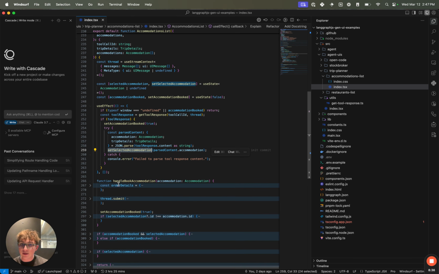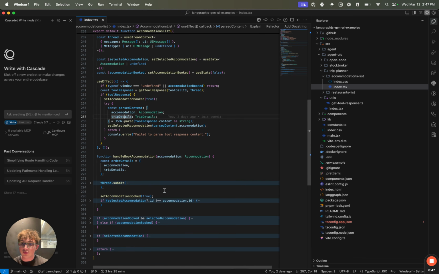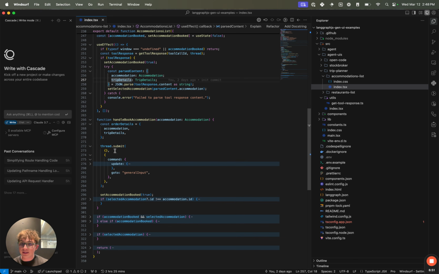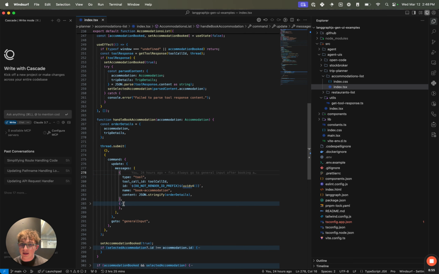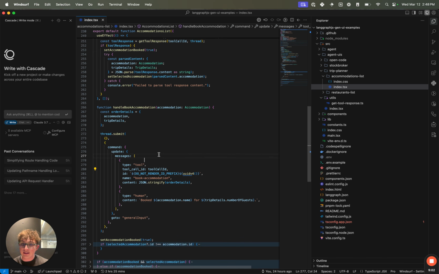Now let's look at the handle book accommodation function. If we expand this, we can see it takes in an accommodation and then creates this order details object with accommodation and trip details. You can see these are the same that we extracted from the tool result content. And that's because when we submit a new run in our thread, we pass in a list of messages, and this contains the tool call, right? This is the tool call that our getToolResponse function was able to extract with the tool call ID,